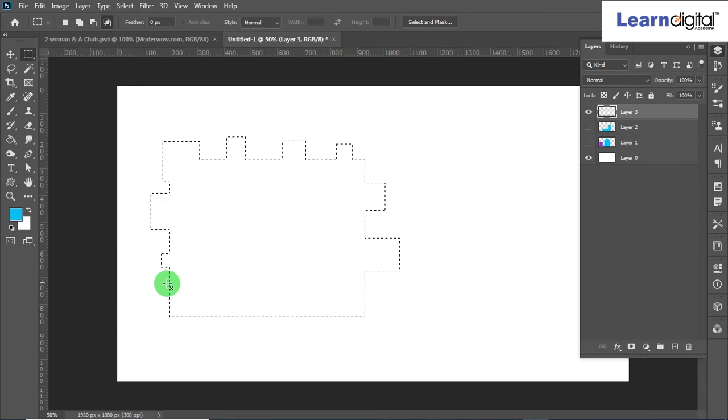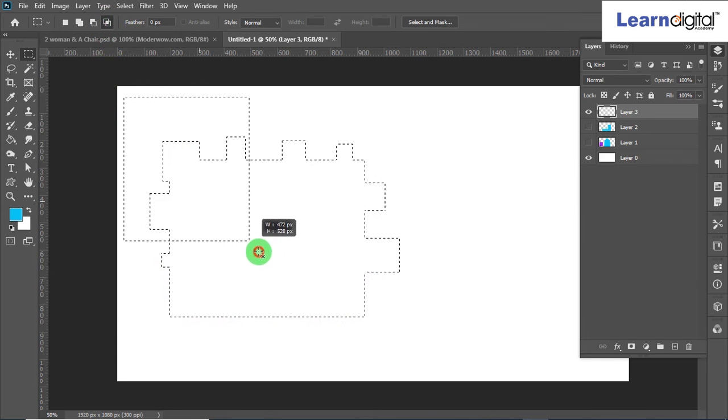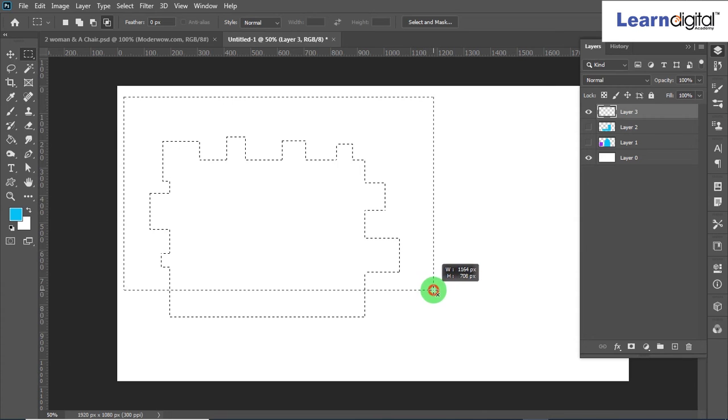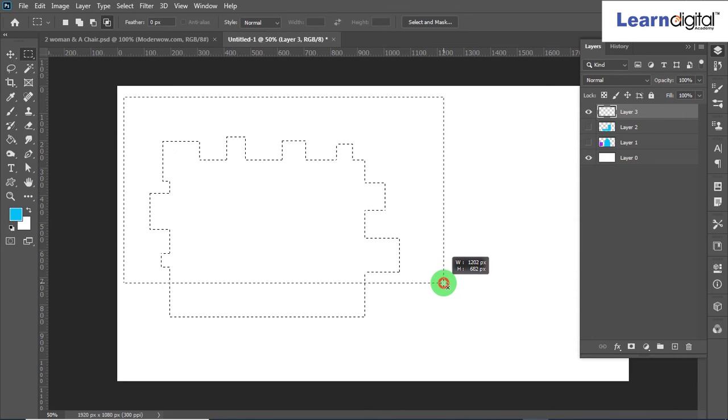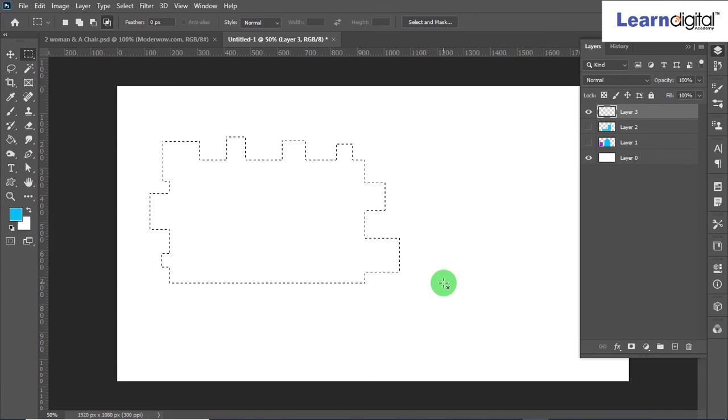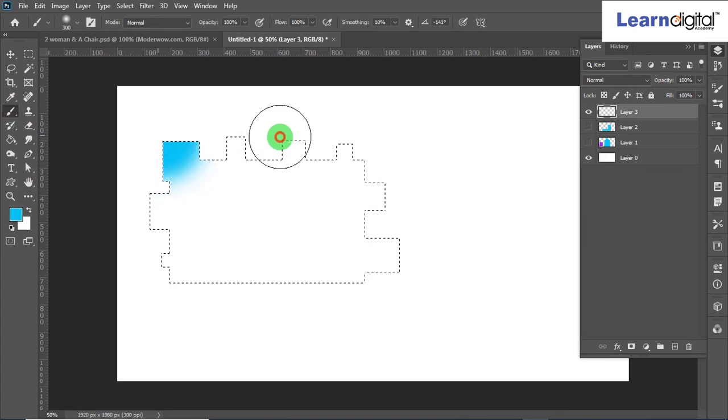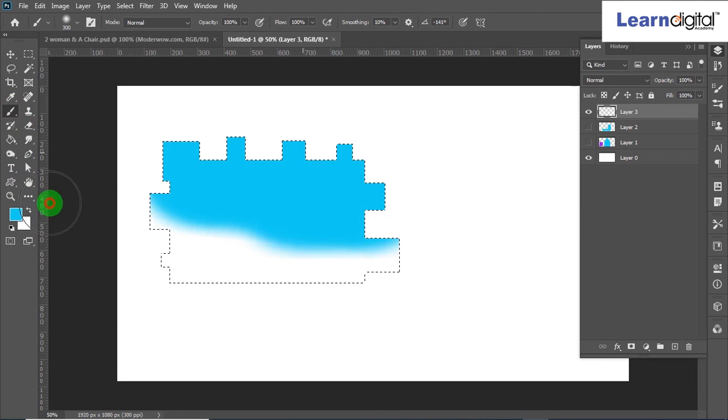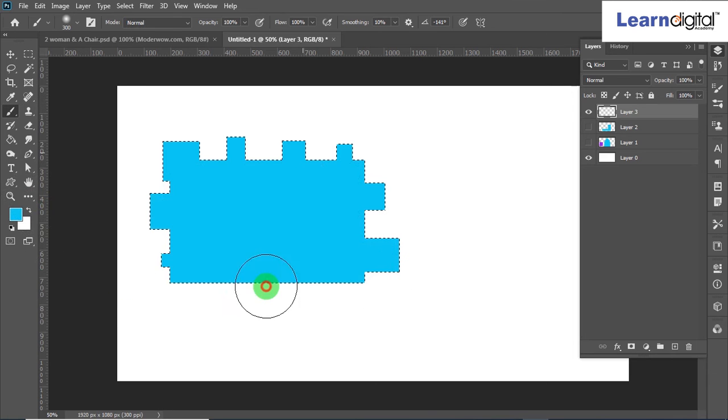Yes, this way you can add some rectangles with the rectangular marquee tool. After that you can go to intersect with selection. Now you can see I don't want this much area. At that time we can select intersect with selection. I can select and drag here. What happened is the down portion is deleted and the top portion is showing. Just I release my mouse. The down portion is deleted. After that you can select a brush tool and fill the color here.